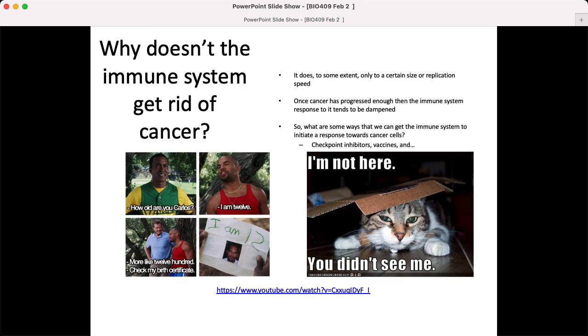So one thing to learn is CAR T cells are T cells. T cells are part of the immune system. Why doesn't the immune system just take care of cancer itself? I think that is a good place to start. One reason would be